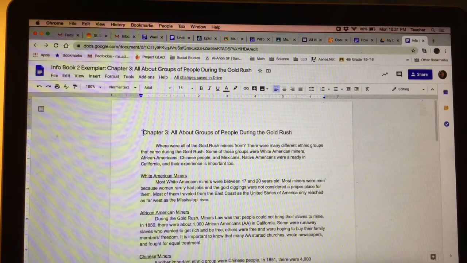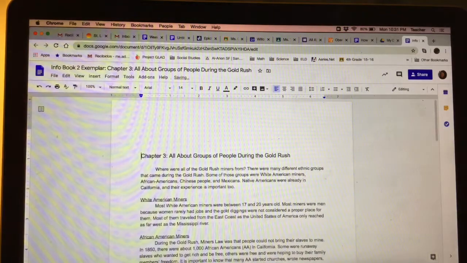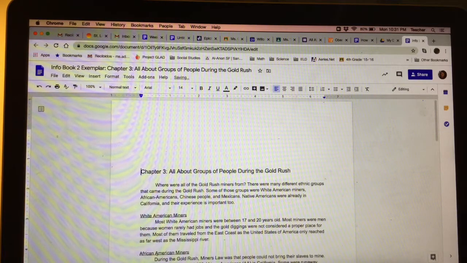So in this case, what I did is I went to the top of my document and I clicked right before my first word of my title. You see that? And I'm going to press enter, enter, enter. I'm going to do that 3 times. You can even do it more, just to give yourself a little space. Now I'm going to go up to where I started that, and I'm going to start my typing. So that's how you can put something before, is you click the space right before your first letter, and then you just press the enter button and it'll give you some lines. Okay, and it'll keep pushing it down.